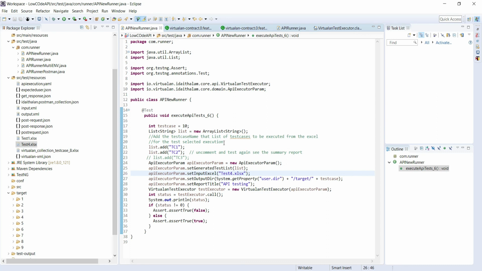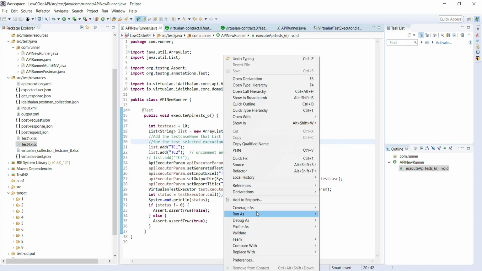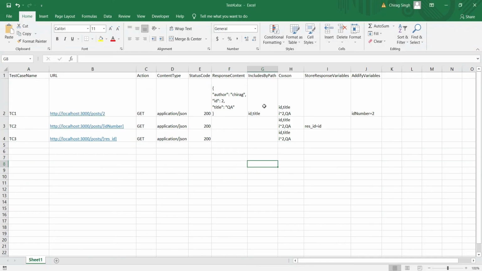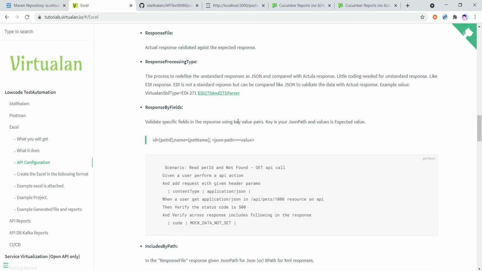And we will see the output. You can see how easily we can validate our response. They have given multiple ways to validate the response. What scenario you are doing and how you perform that validation is up to you.